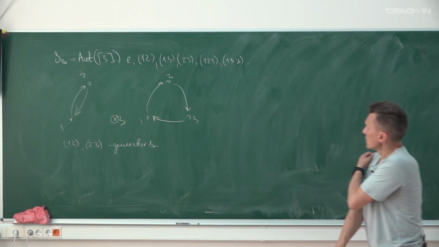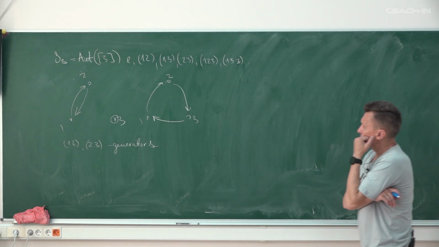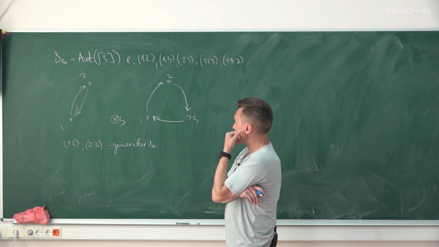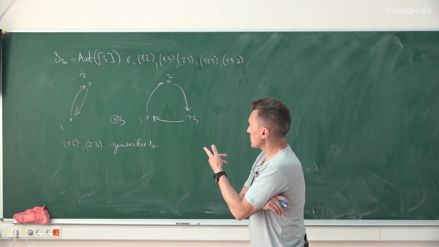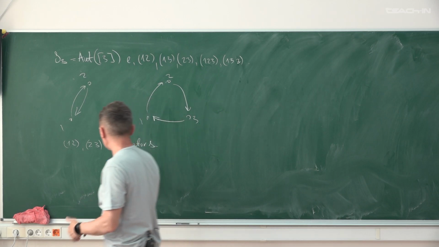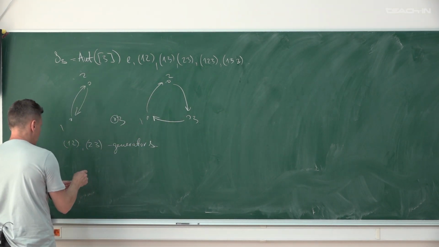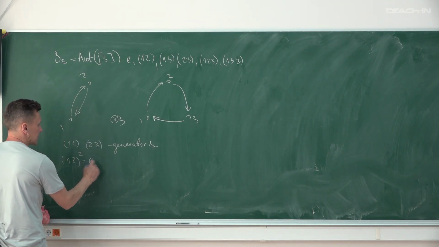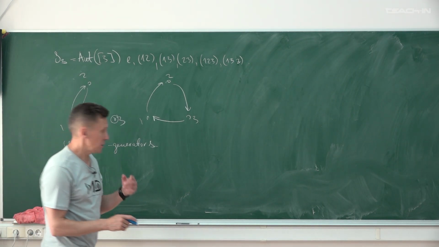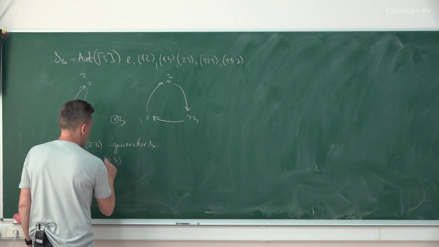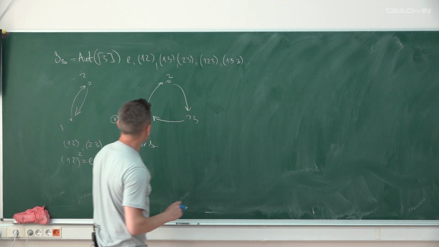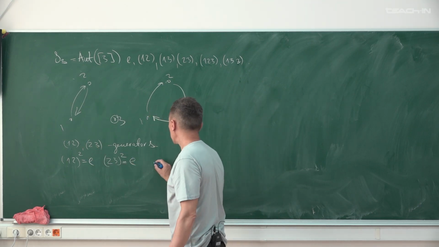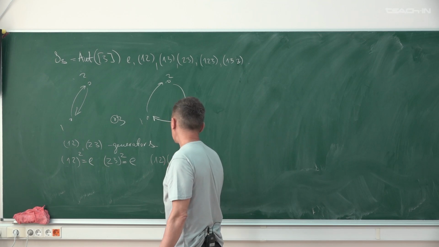We can represent all other elements in terms of these generators. And moreover, there are some relations in these generators. You know them very well. (1,2) squared is 1. (2,3) squared is also 1. Then the composition of them, (1,2)(2,3)